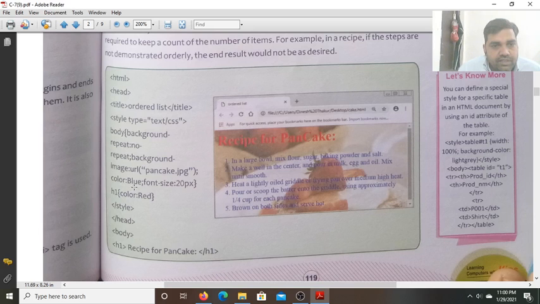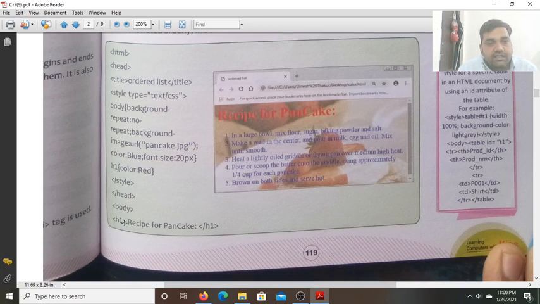So here we set text color for the body of the web page blue, font size 20 pixel. Now for the heading H1 element we have set color red, style close, head close. Now inside the body we have written in H1 heading, recipe for pancake. See, first we have written the heading recipe for pancake, and the color for the heading 1 we have set red.